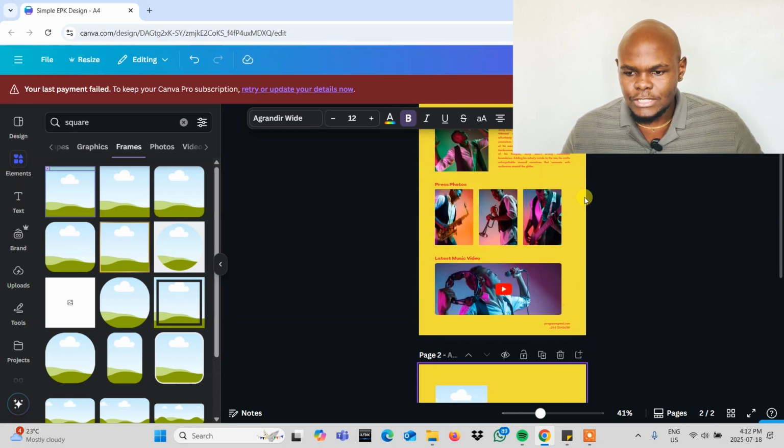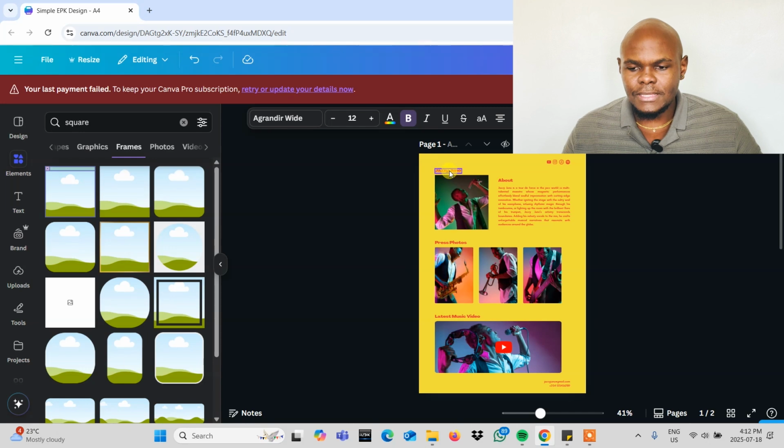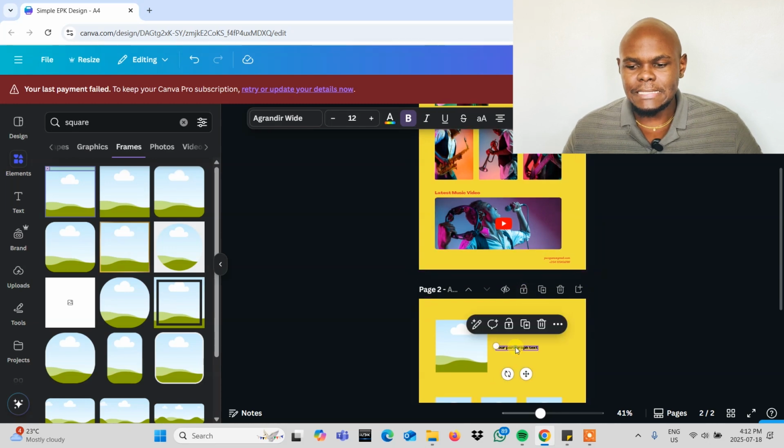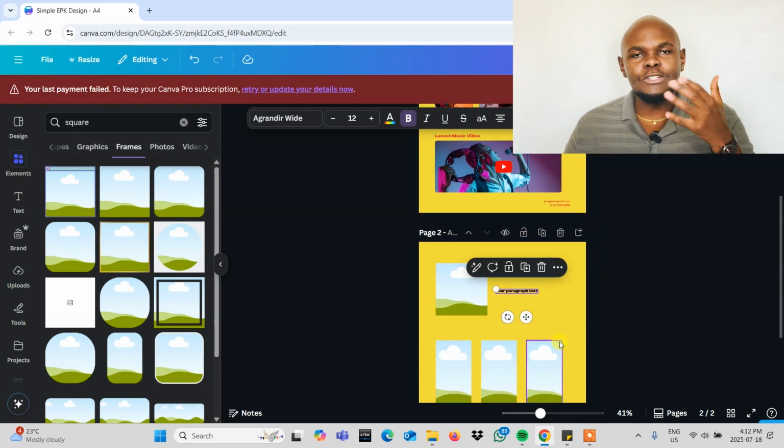And as you can see here, the text that we're using, the font is Grandeur Wide. I hope that's how that's read. And it has that same format here. However, if you want to change